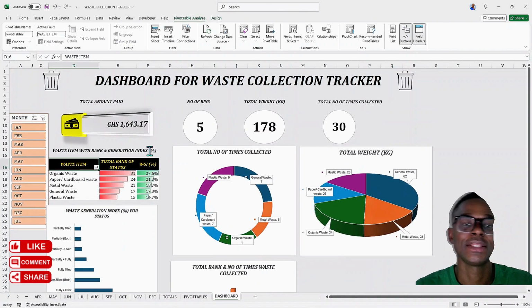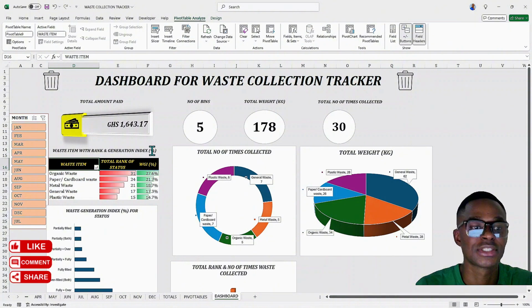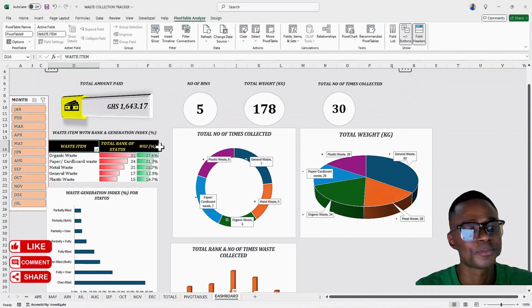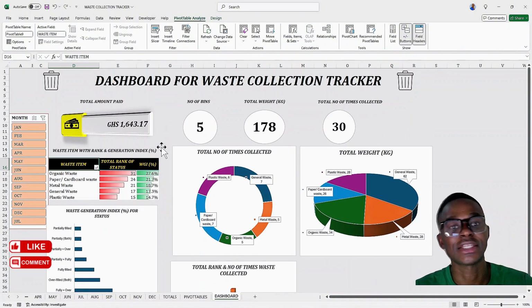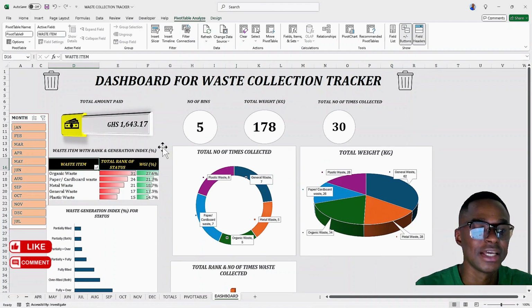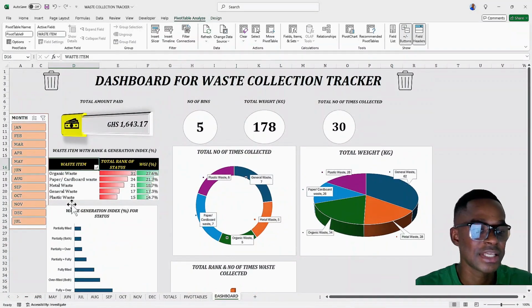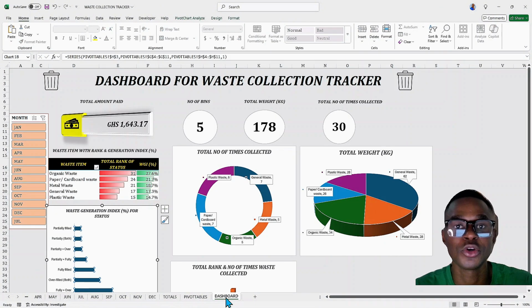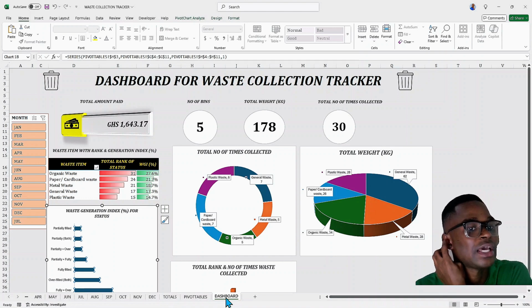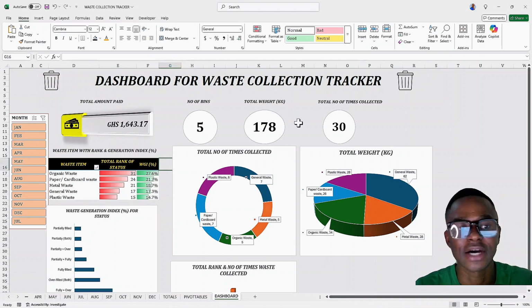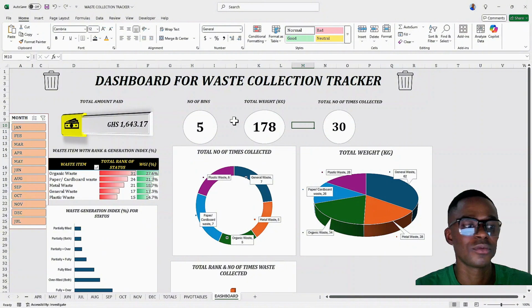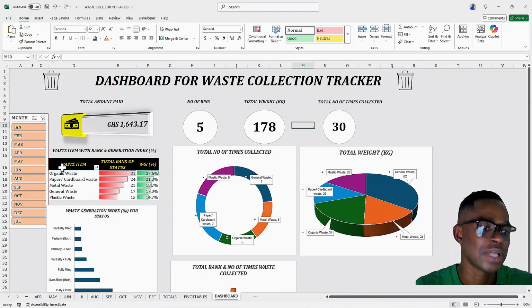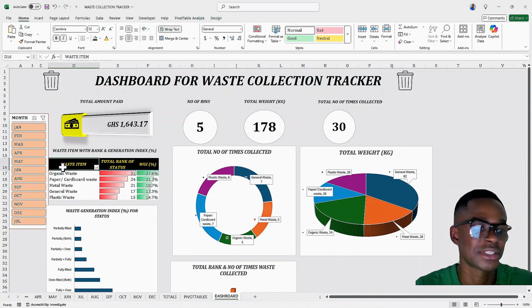So now we are done with our dashboard for the waste collection. But there is a little challenge. In the case that someone who is a beginner or a novice in Excel picks this up, and after making data inputs, he or she is excited to know what's going to happen in the dashboard. As soon as he comes here, he still sees the same data. He asks himself, what is he going to do to know how the data he has inputted will reflect over here. Now he has to come to you, the expert, so that you teach him